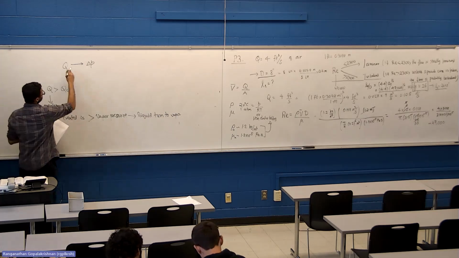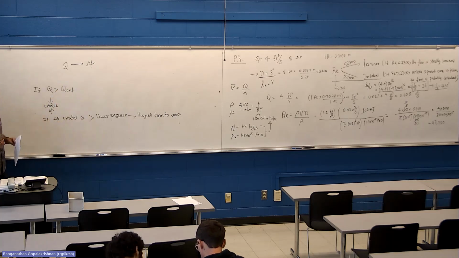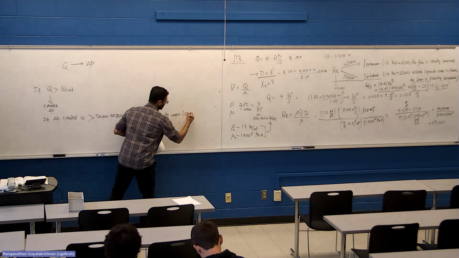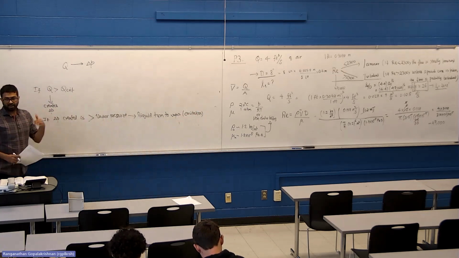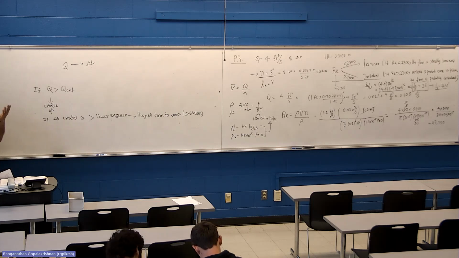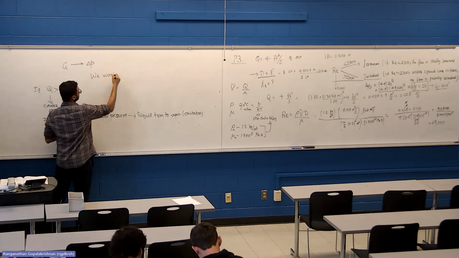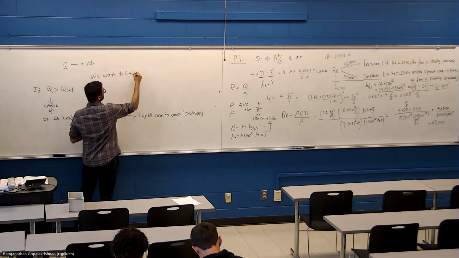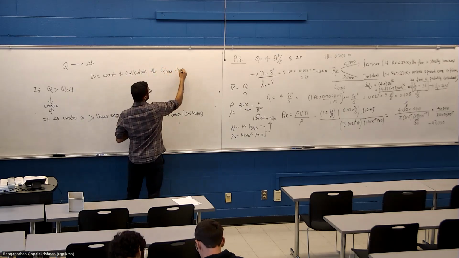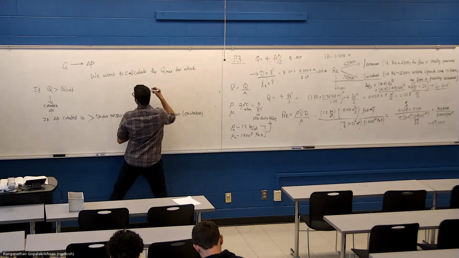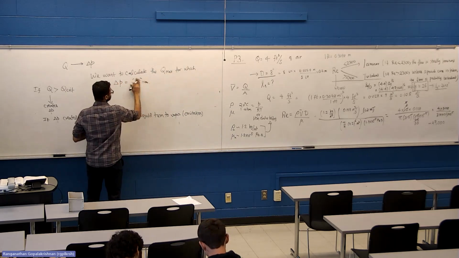What they are asking in this problem is, what is the maximum value of flow rate that you can go such that cavitation does not occur? This phenomenon is called cavitation. The pressure should not suddenly drop below the vapor pressure of the liquid. That's what is asked in the problem. So we want to calculate the Q max for which delta P is equal to the vapor pressure,